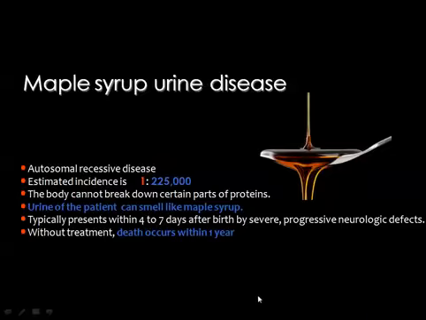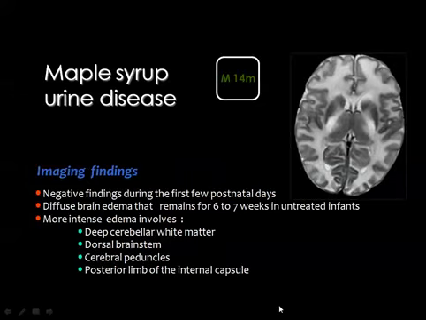This disease results in inability of the body to break down certain parts of the proteins, and this will result in urine which can smell like maple syrup, and hence the name of the disease. Without treatment, the patient will die within 1 year, and the main manifestations